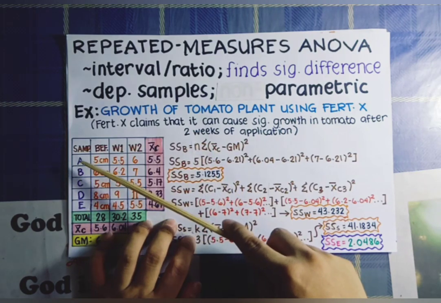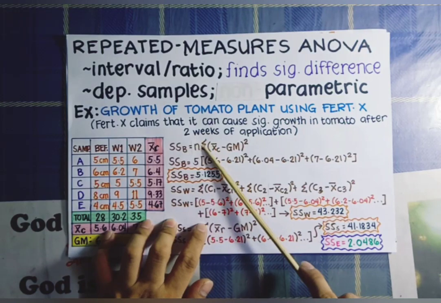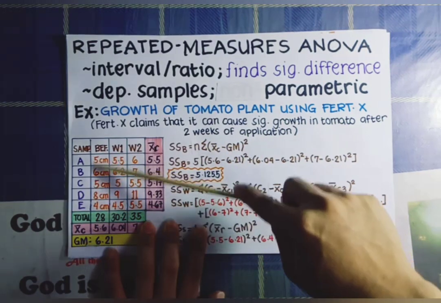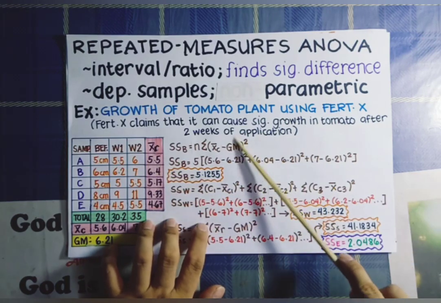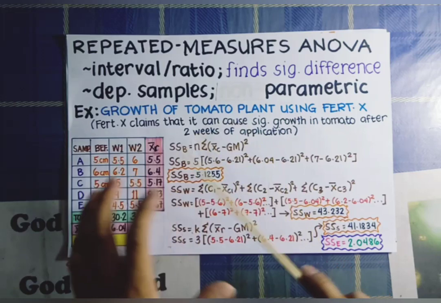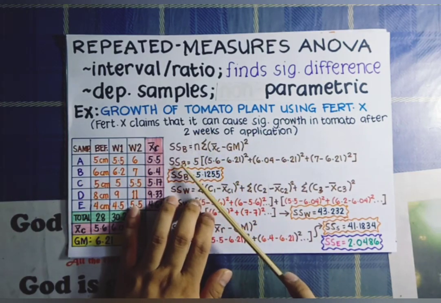In this case, we have here 1, 2, 3, 4, 5. 5 samples. Multiplied to the summation of the squared difference of the mean for each column, okay, mean for each column, and the grand mean, GM. Okay, and by plugging in all the data that we had earlier, then we will have here SSB, or sum